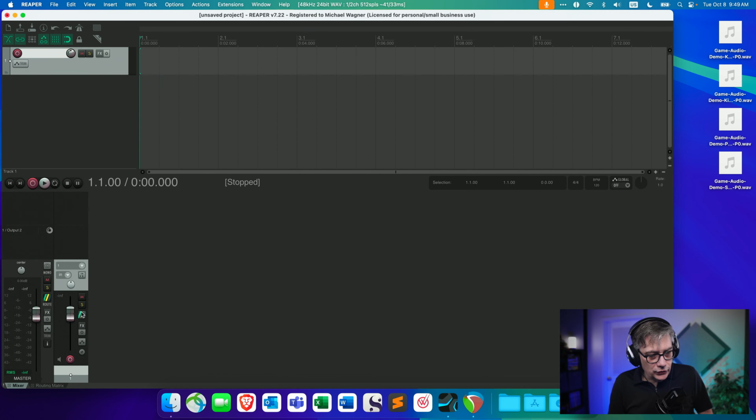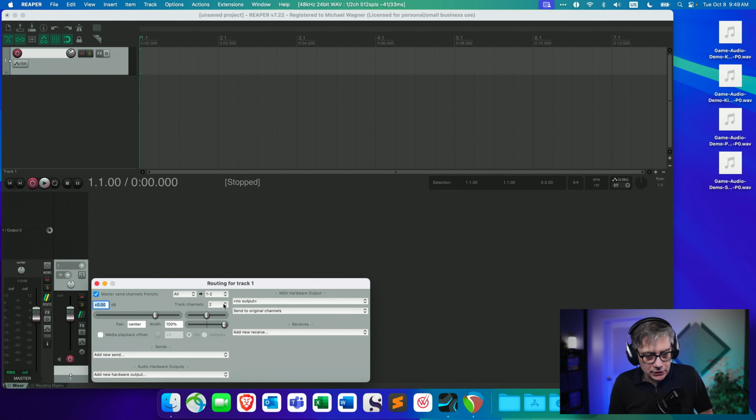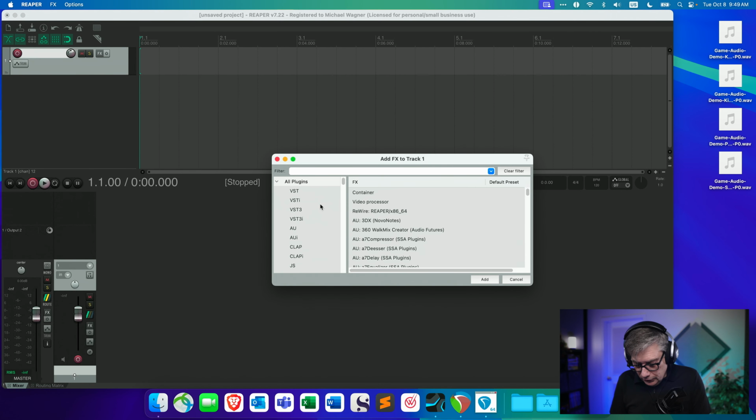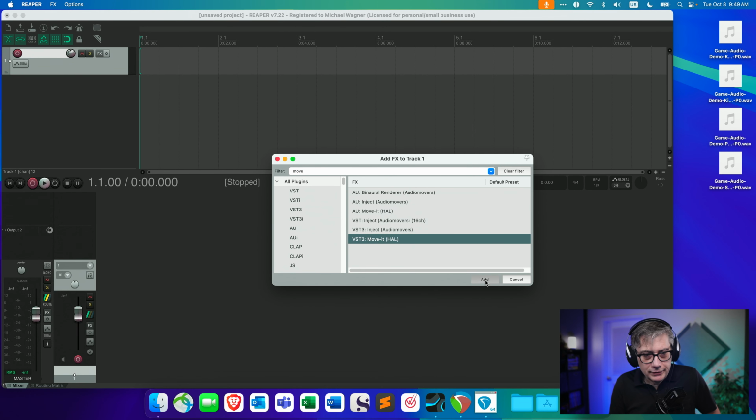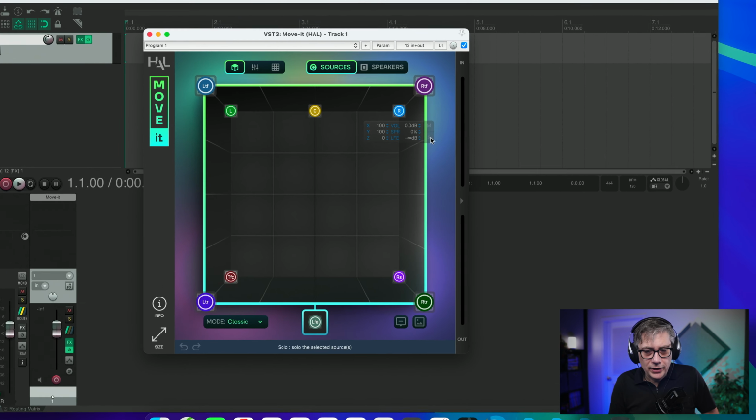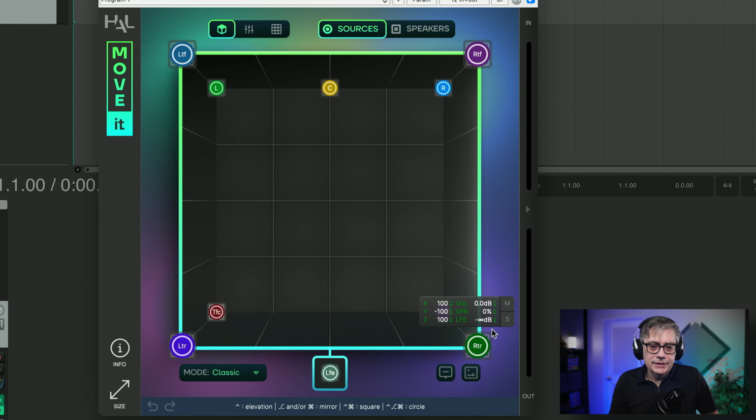And what I'm going to do is first turn that into a 12-channel track. And then let's add an instance of MoveIt. I'm not going to do anything with it. I'm just going to show you what I mean by the problems that I'm having. And as you can see, the plugin loads up fine. However, it loads up as a